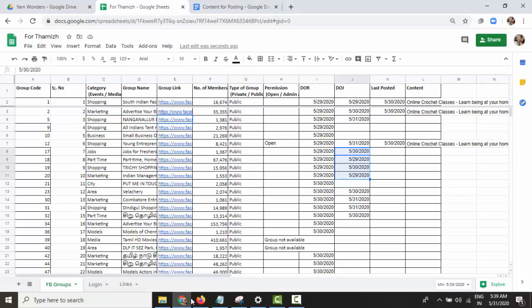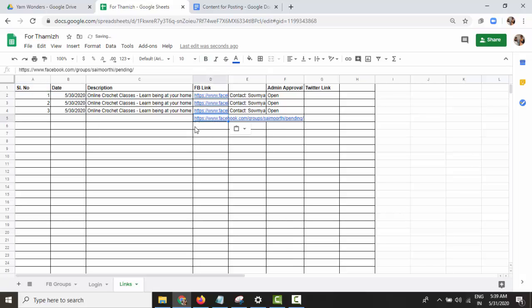So we'll come here. Here we posted today, and this group itself should be marked as admin approval group. And in the links, so these two places you are going to update. In the links here, you are going to paste the link and the text content and today's date, serial number 4, admin approval, we will mark it as pending, so that we have a track. You have to open it the next day or after that and check whether it has been approved, and then you will take the link and update it over here. So this is step 1.